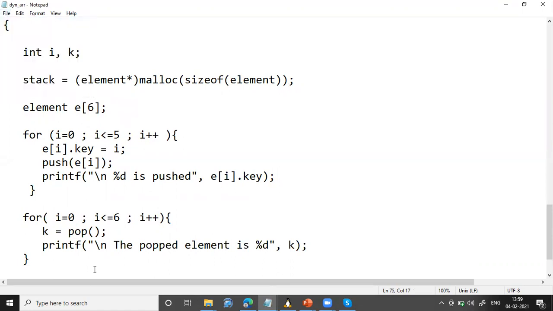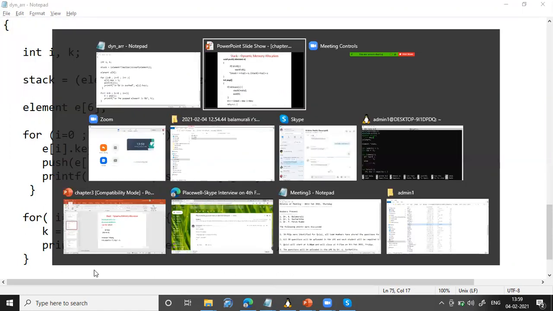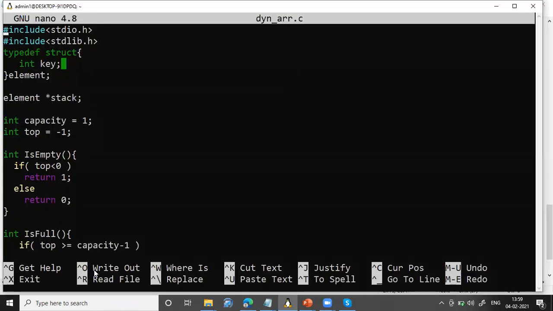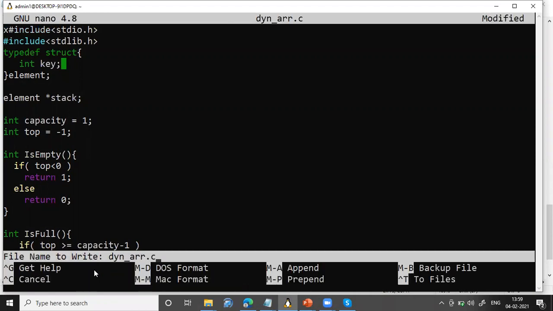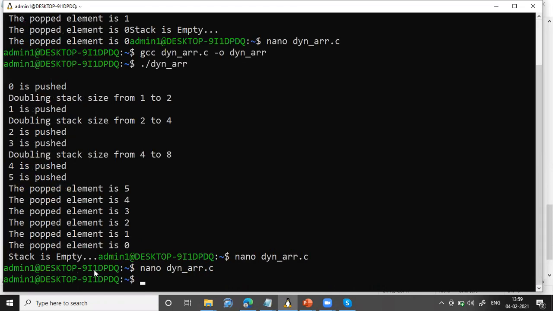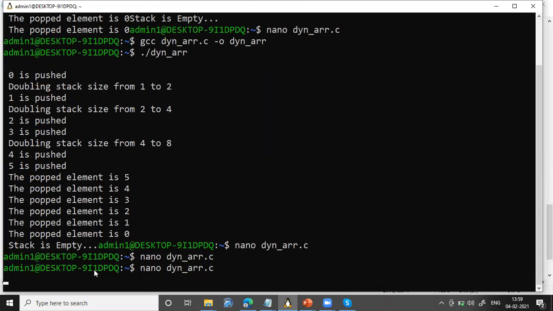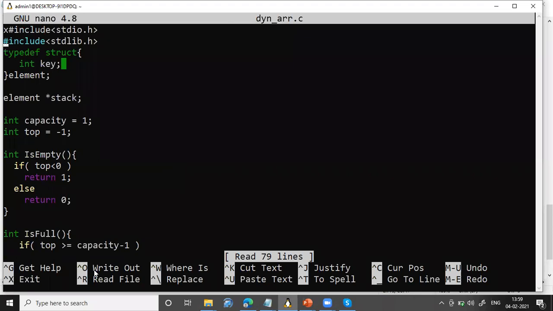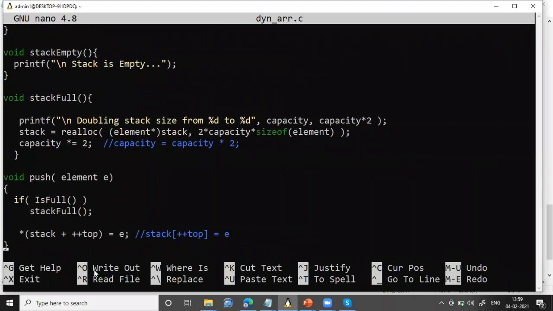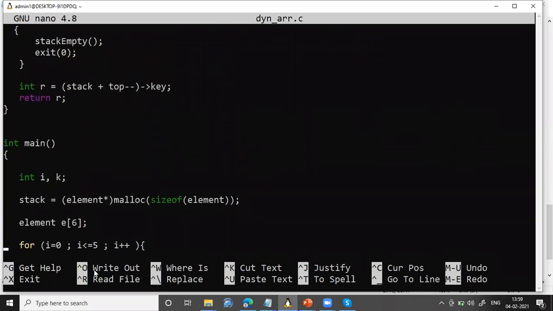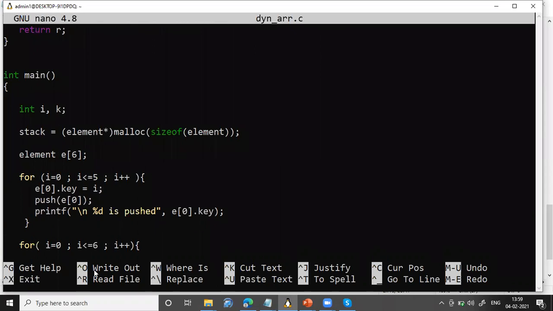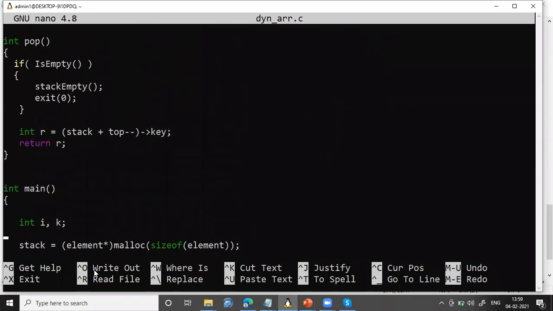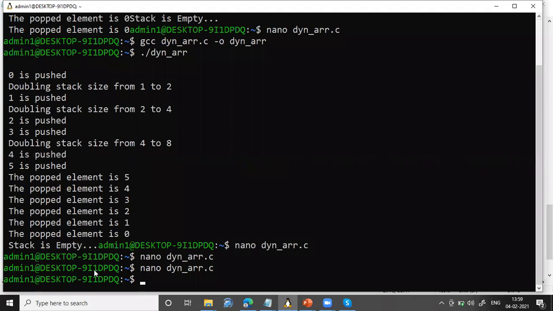Saving this. So the respective WSL GCC code is here. This is the code. You can see here, whatever I have shown in the notepad, it's the same code, nothing else, no change. Okay, fine.